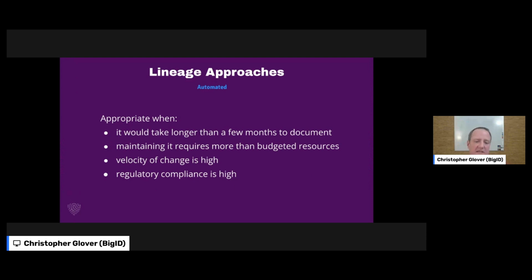So the second thing I would say is that if maintaining it requires more than the resources you have budgeted to maintain lineage, it's another indicator that you're looking for opportunities to automate. Obviously, if